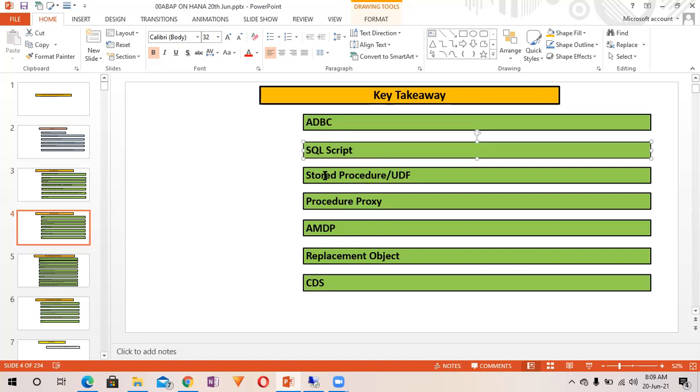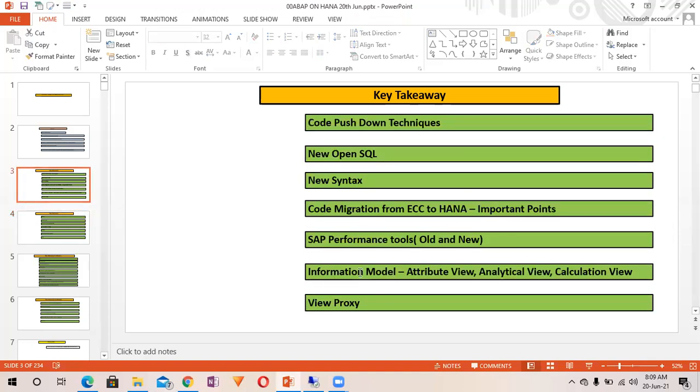Based upon SQL script, we have the stored procedure and user defined function, and we need to connect our application server, that means the SAP application server, with the stored procedure. For that, we have the procedure proxy. To connect the information model with our application server, we have the view proxy.